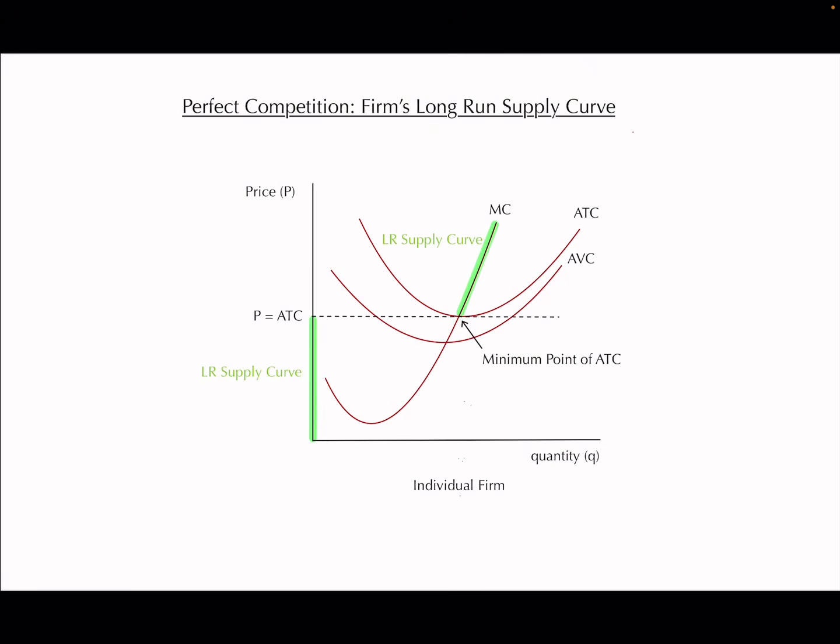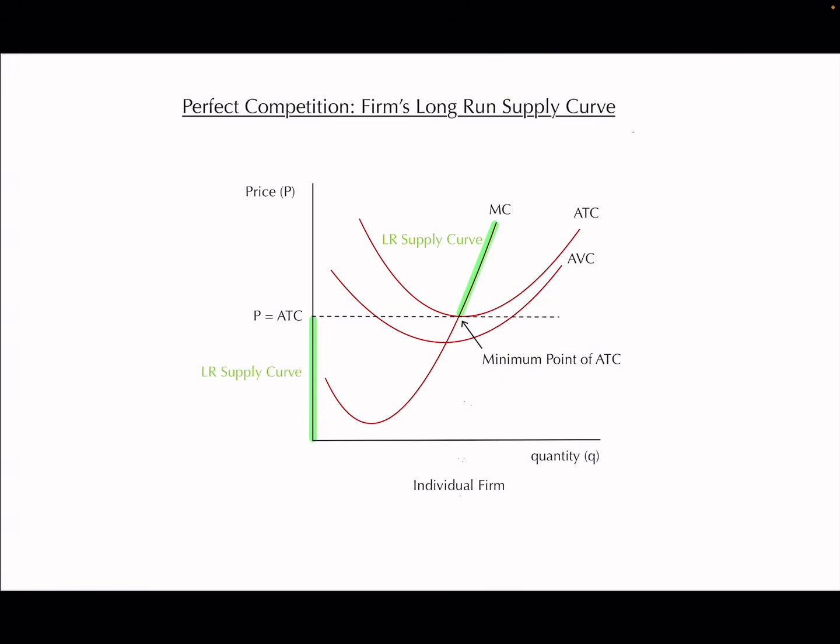Since this shows a firm in the long run of perfect competition, then the price must equal ATC. Since marginal cost is at the minimum point of ATC, a firm should continue its production even if it is making 0 economic profit. So today, we have learned about a single firm's long-run supply curve in perfect competition,